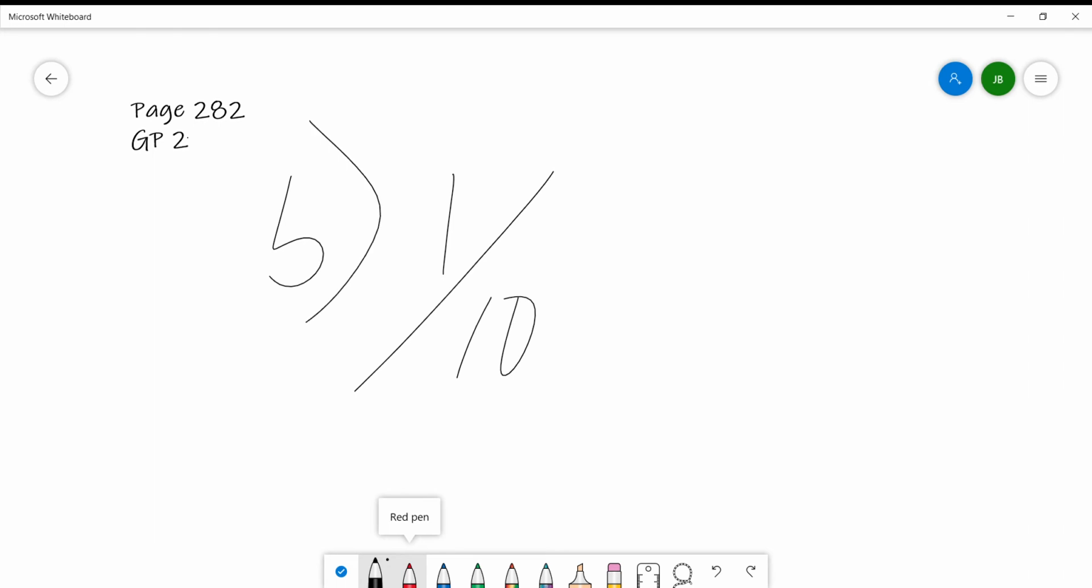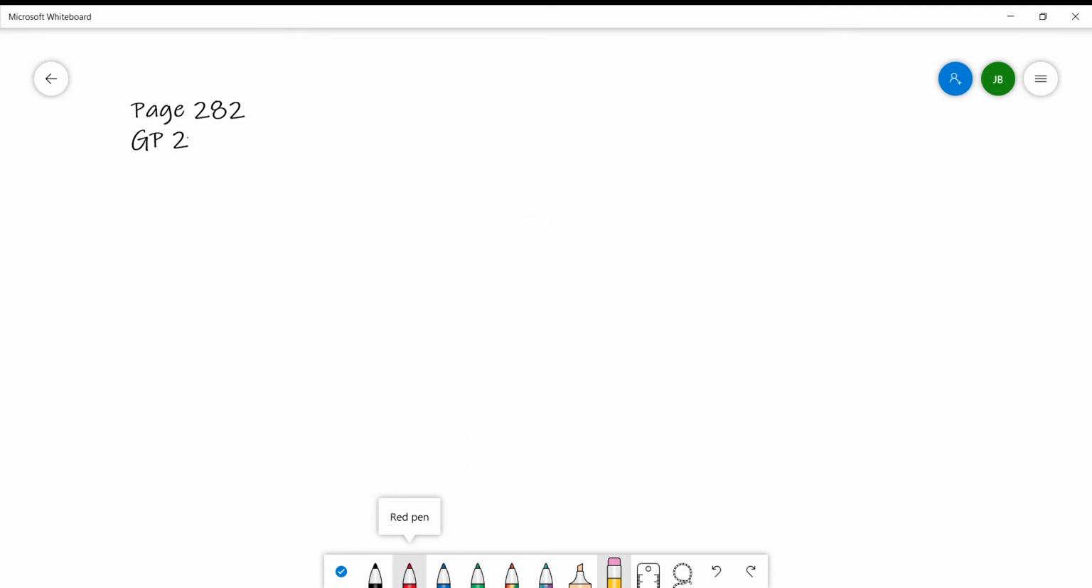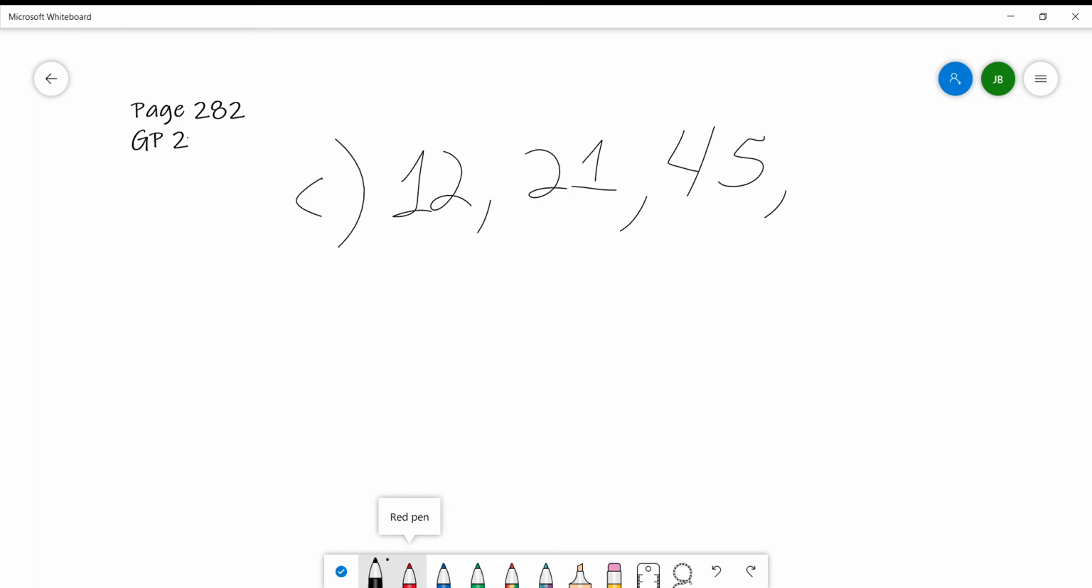Number C. T is the event of choosing a number that is a multiple of 3. List all of the outcomes favorable to T. Well, we have to look at the list. What's divisible by 3? Here they go. So C, the answers are 12, 21, 45 and